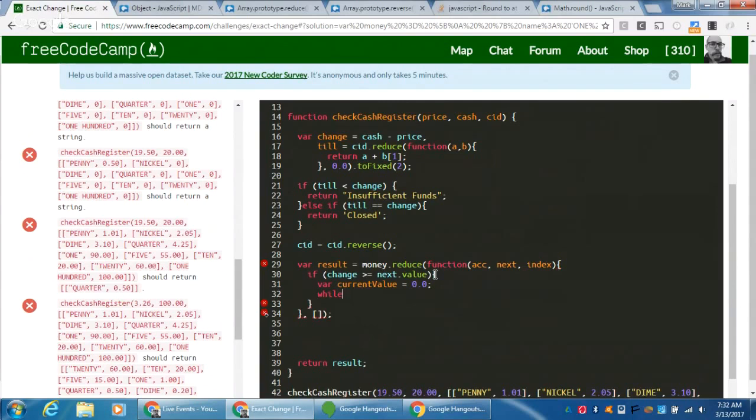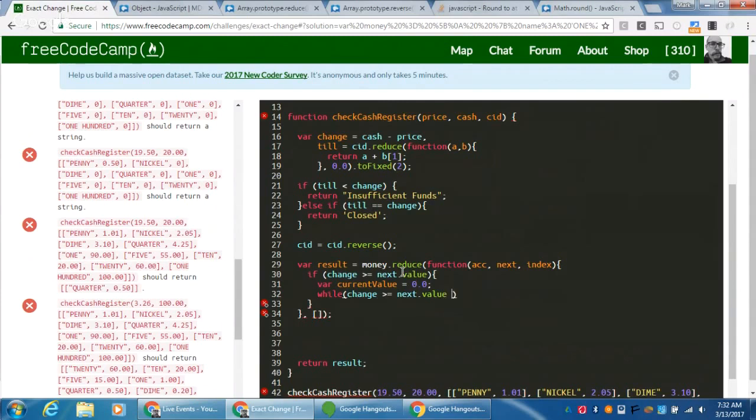So you need a while, and then we're going to say while change is greater than or equal to, again. As long as that change is greater than or equal to, like that quarter in my example, equal to next dot value,